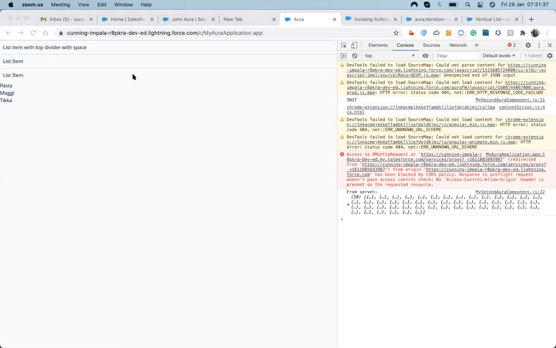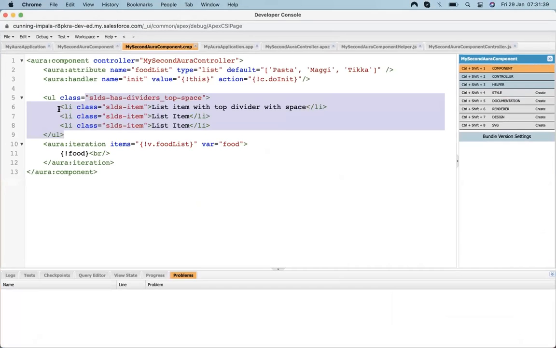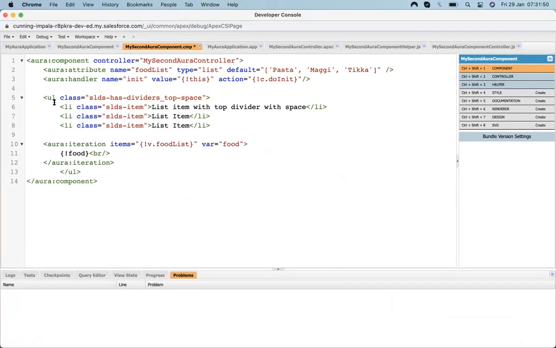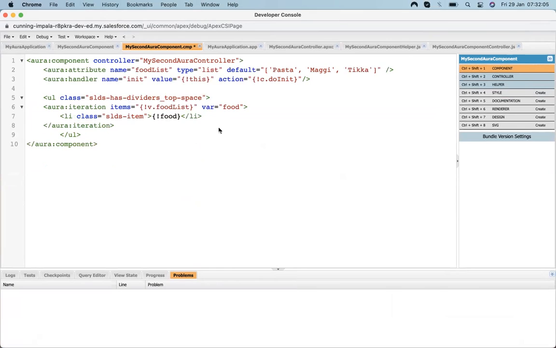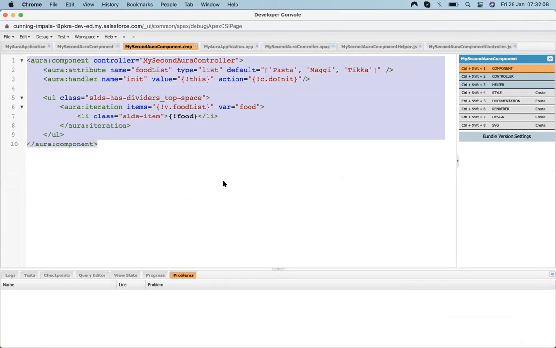Let's make changes so that it shows our items here. These are showing in that li. So let's cut it from here and move it here, close the li, remove this one, and save it.